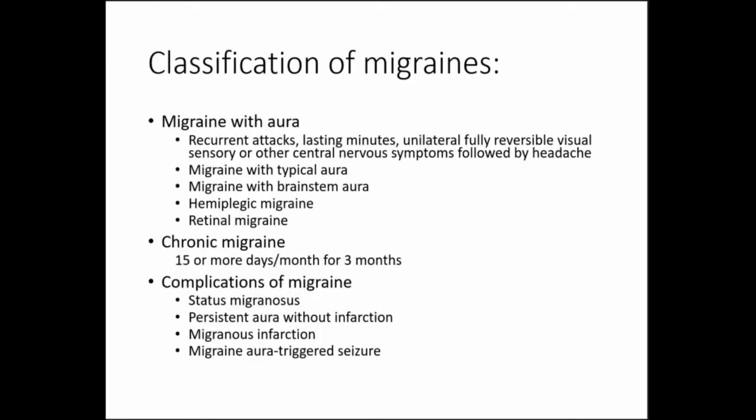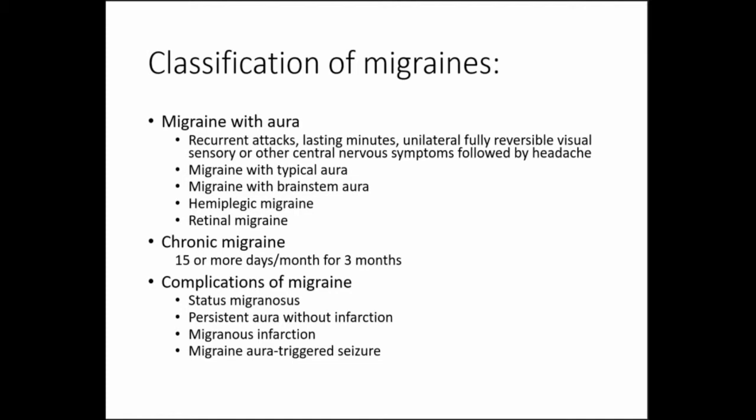And so with regards to the classification of migraines, you can classify them into migraine with aura or migraine without aura, and then migraines can be further classified into migraine with typical aura, migraine with brainstem aura, hemiplegic migraine, and retinal migraine. With regards to what a migraine with aura is actually classified as,